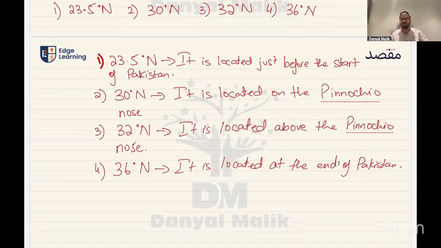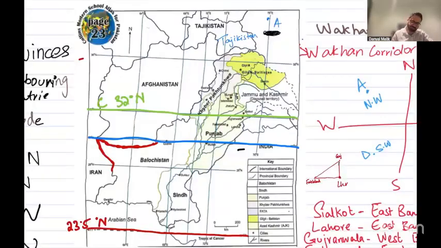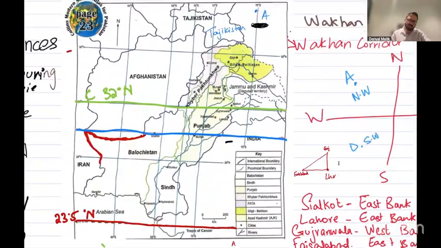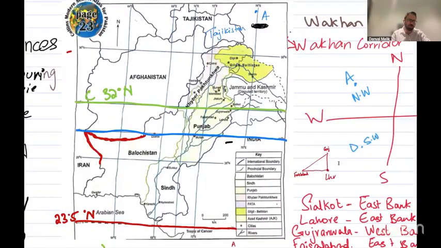Now, if I explain what I mean by the end of Pakistan, so everyone, if you would focus over here, this area which I'm shading and drawing on my screen is what I call the end of Pakistan. Again, repeat. This is what I call the end of Pakistan. This again, in case anyone missed. So our line of latitude, which is going to be